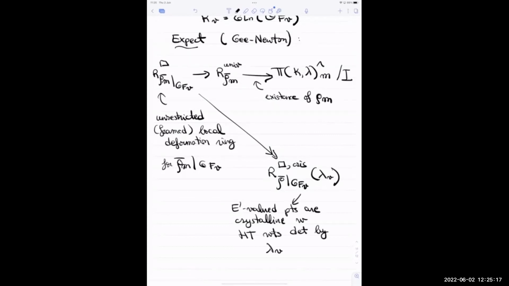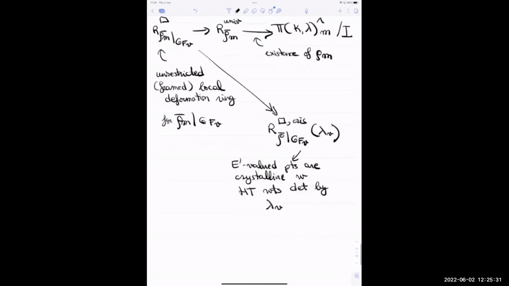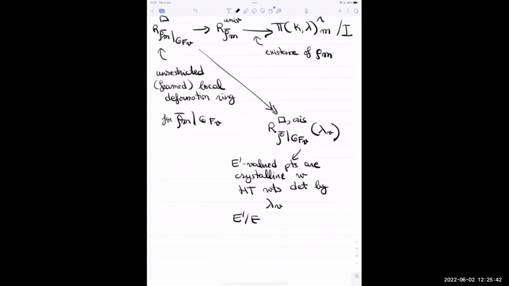So, your lambda is really a vector that's indexed by various embeddings of F into C, and up to having an isomorphism with Q_p bar, you can choose those embeddings that correspond to the prime v dividing p, and you look at just the subset of those vectors. Anyway, so you have a nice deformation ring like this, and this is whenever E prime over E is finite. And so the conjecture is that